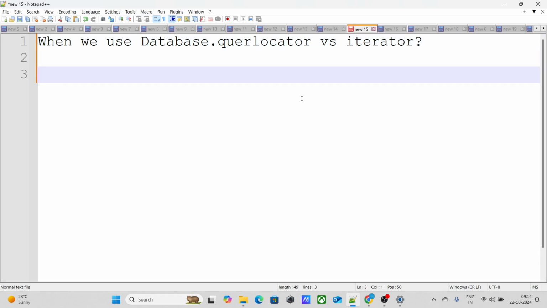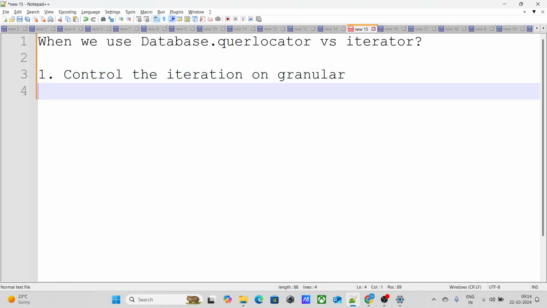So when we want to control the iteration on a granular level, we go with Iterator. Second, a very important one: QueryLocator